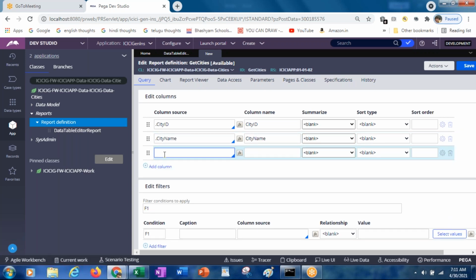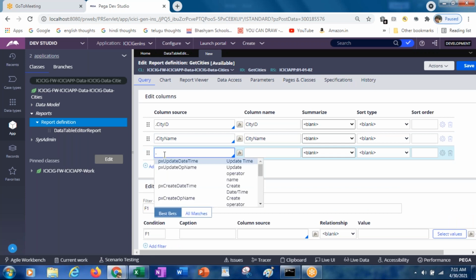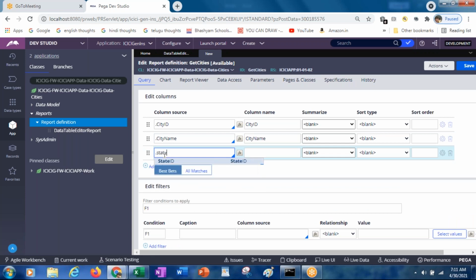Along with that, I would like to retrieve state ID also. Why? Because based on the state ID only, it will return the remaining values.